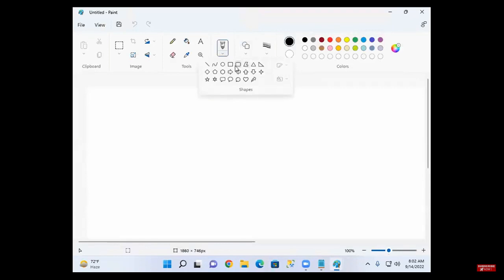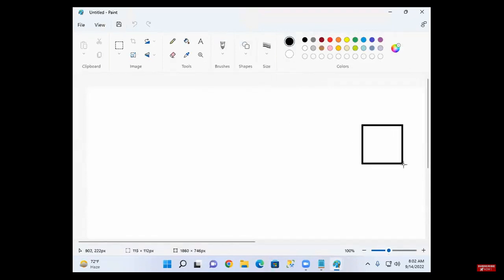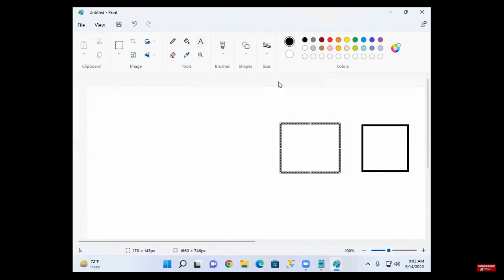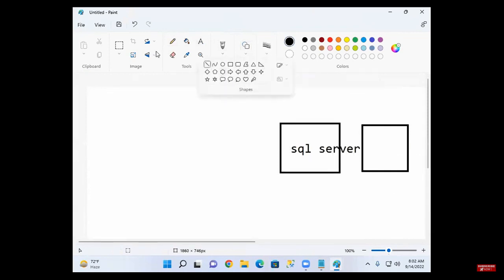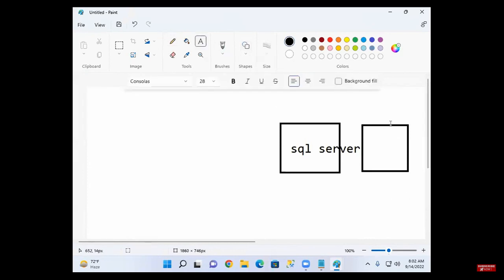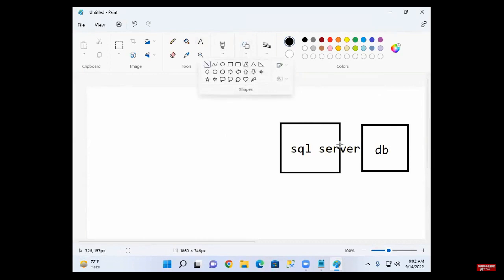Once again, just listen. This is the database. This database is managed by SQL Server. Then, what is this called? This is called the backend. And SQL Server is called a backend tool.